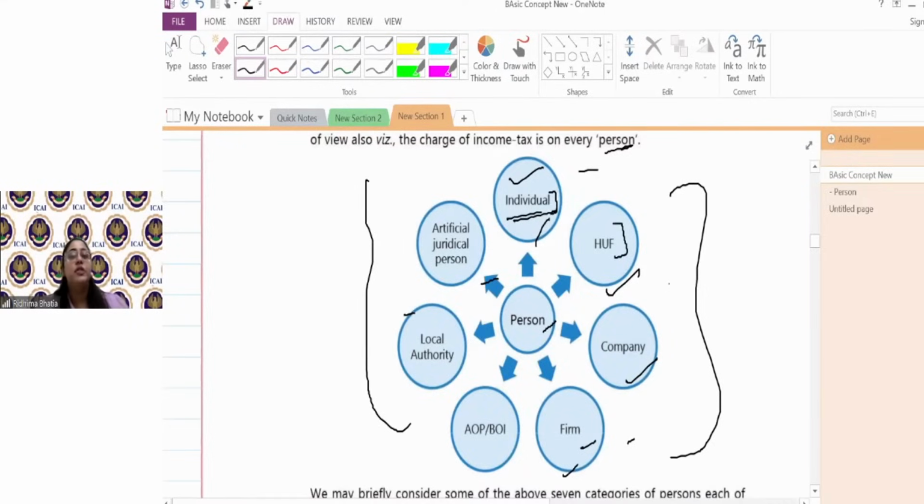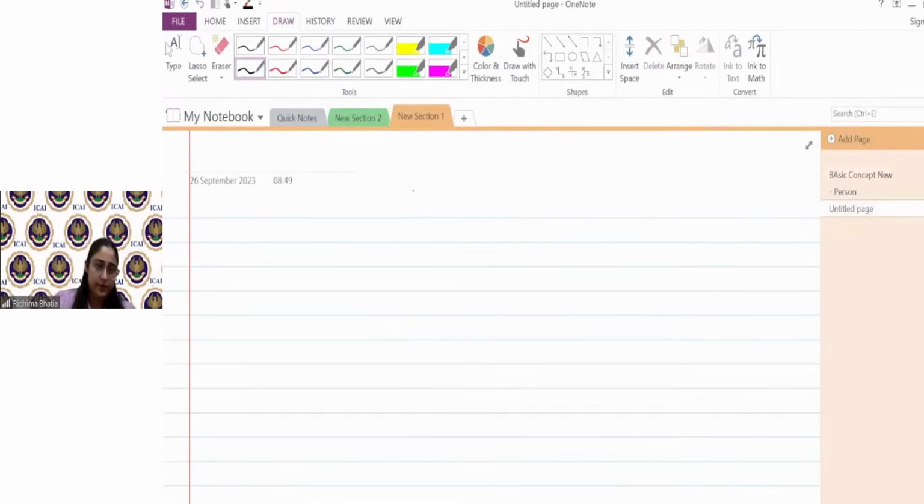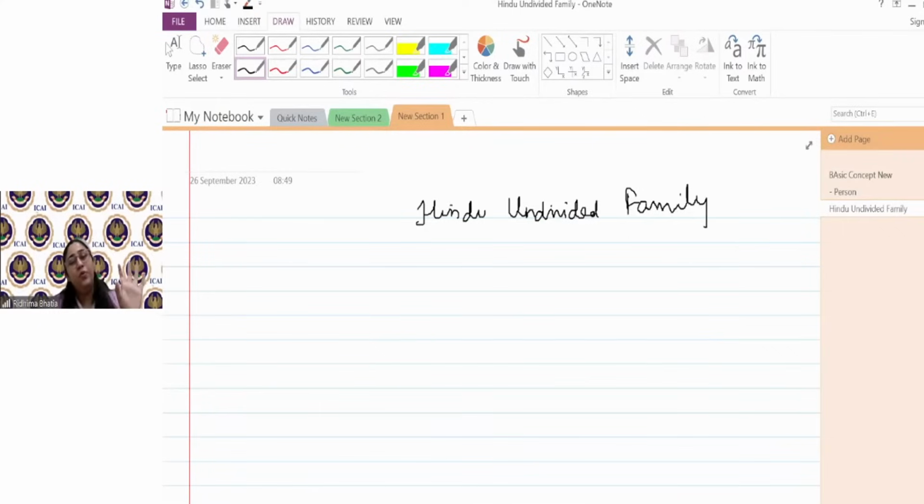Then ma'am, what is HUF? Let's understand what is HUF, Hindu Undivided Family. इसको क्यों पर्सन माना गया? सबसे पहले फर्स्ट वी हैव टू अंडरस्टैंड दिस. अब इसको ना बहुत टेक्निकल है हिंदू अनडिवाइडेड फैमिली, because this is not actually a product of income tax. Hindu undivided family is coming from Hindu law. Let me explain it.